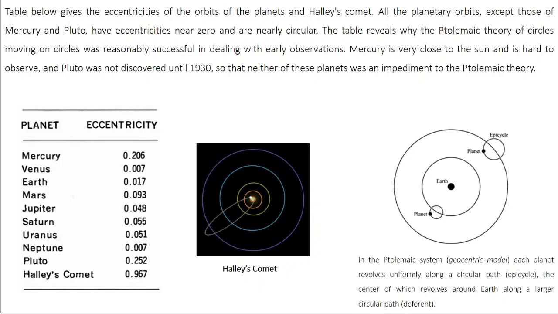But now we know that the geocentric model is not correct. In fact, it's completely wrong, because in the case of the solar system, the center is the Sun and all the planets move around the Sun. And one of the reasons Ptolemy's theory got immense popularity in the early days was that experimental physicists were not able to observe Mercury and Pluto. Had they observed Mercury and Pluto, they would have realized that these two planets do not have circular orbits, and that would have disputed Ptolemy's theory.